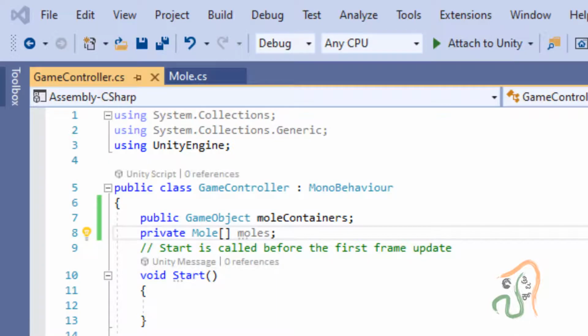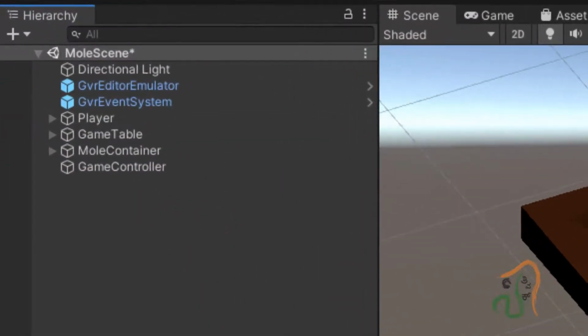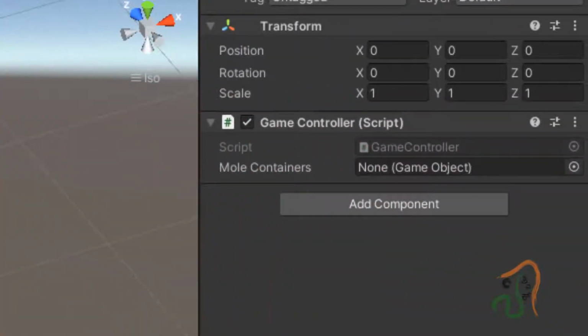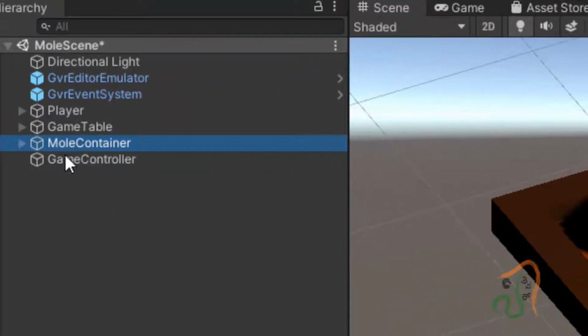Now let us come back to Unity, and if you select game controller, the script is already attached. In this script you have the reference MoleContainers game object. In the scene we have a mole container here.